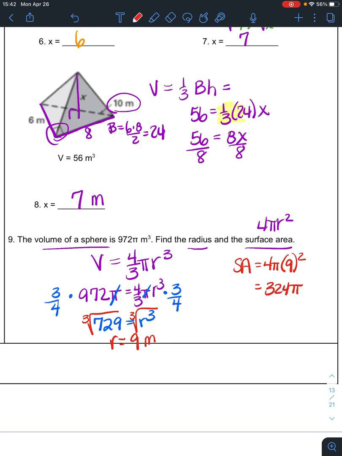324 pi. And if I asked for it in decimal form, you could just do 324 times pi, and that would be meters squared. So if I give you the volume and I ask you for the surface area, you have to go back and get the radius. You can't skip over that step. You have to go get the radius. But if you write the equation, then you'll see that's the only thing that you